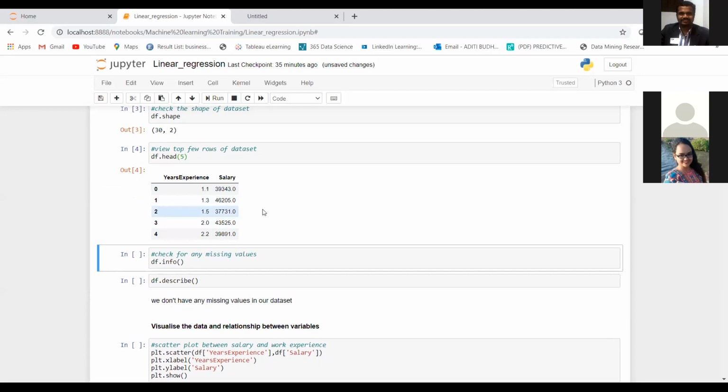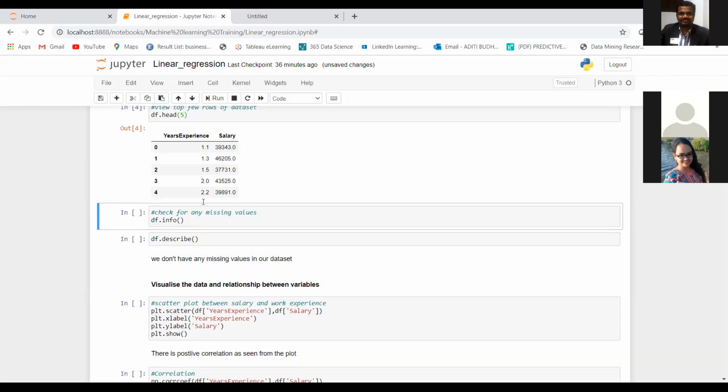And what we are trying to estimate is the salary: what will be the salary given a particular number of years of experience? So we are trying to predict that if someone has so many years of experience, then what could be his salary?